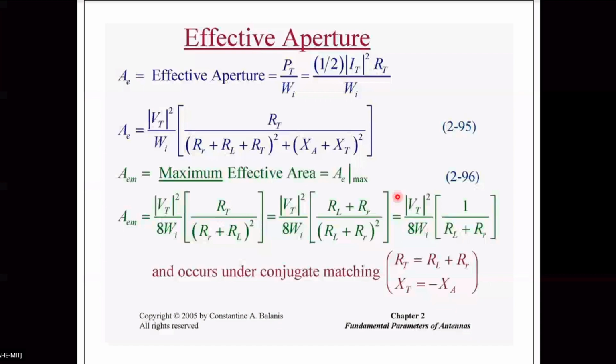So you may be asked to derive the expression for maximum effective aperture. So you have to write the wave incident on the receiving antenna with the load, derive the expressions for PT and so on, and conjugate matching, and then derive this expression. It is not fully given in the slide, so I hope you can do it, looking at the discussion of the transmitting antenna in a similar way. Any questions? Can I go to the next slide? Yes, sir.